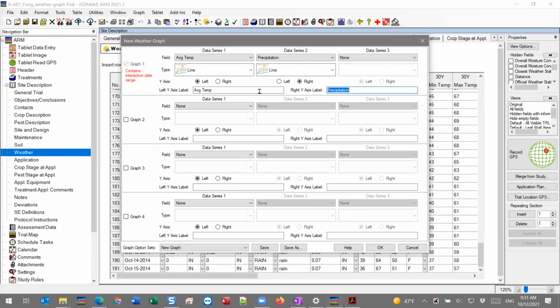And you'll see we can just choose the labels. They kind of got auto-populated for us. If we want to change something about how those axes are labeled, that would work just fine as well. So we'll have on the left axis is temperature and the right is precipitation. We'll start with just the first graph, and we'll be able to come back and forth and continue to build on some other options and other graphs. So if we say okay,